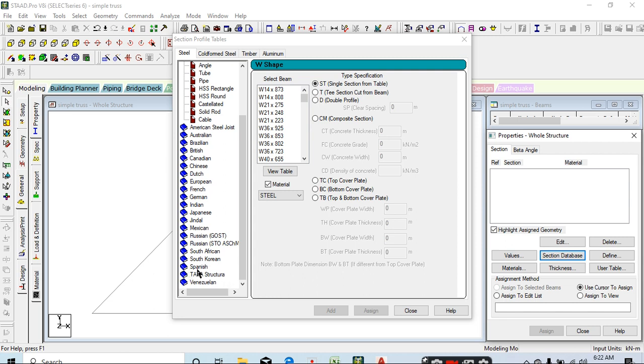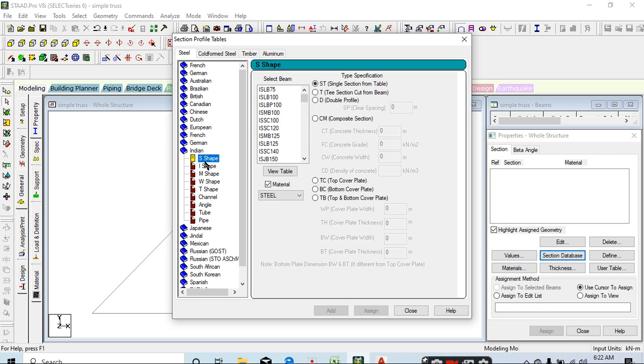In the Indian market, Tata Structure steel from StatPro is available and Jindal steel is available, and all the Indian sections: S shape, I shape, M shape, W shape, T shape, channel, angle, tube, pipe. So we prefer to assign a section from Indian standard sections.